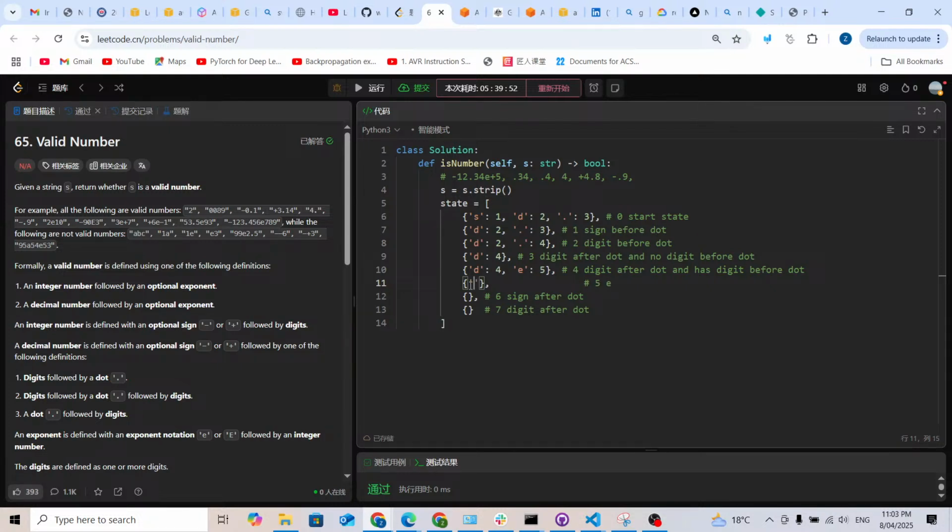So after the E, what's gonna happen for us is we can have a digit. For example, after this E, we can have a digit, or we can have a sign. So let's just prepare a sign first. So after this E, if we have a sign, after this sign, it can go to